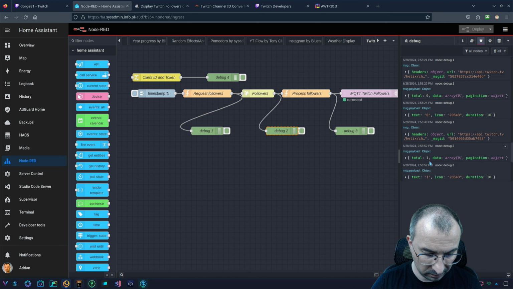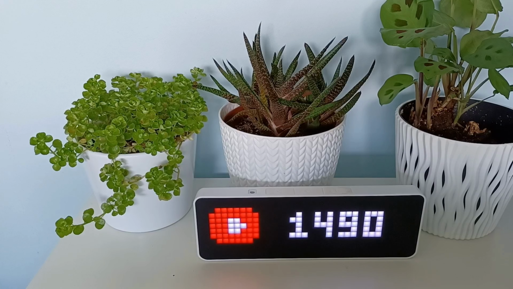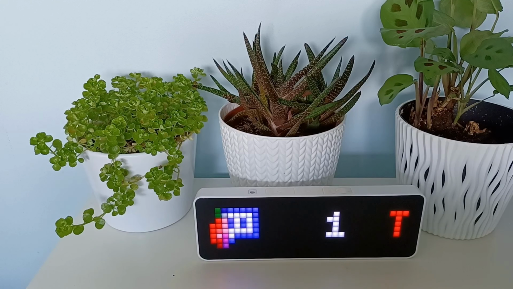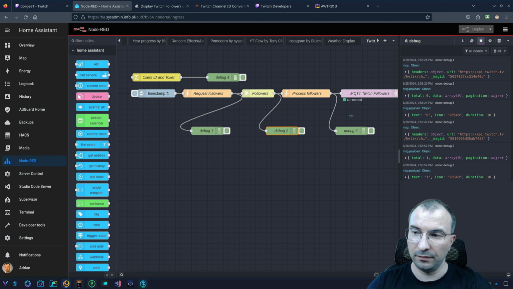Now if I switch back to the device I'm talking about, I will try to display that in fact it is displaying number 1 here. Yeah, exactly, number 1 is visible, so I have 1 follower, right? This is the way I achieved my goal. So I was able to pick up the follower number and then use the whole flow to make it work, parse it properly,